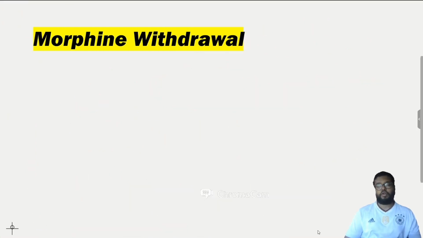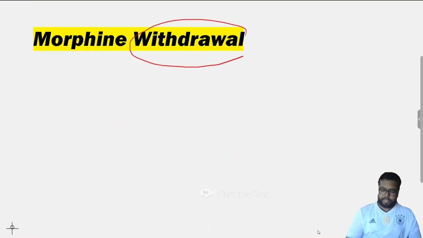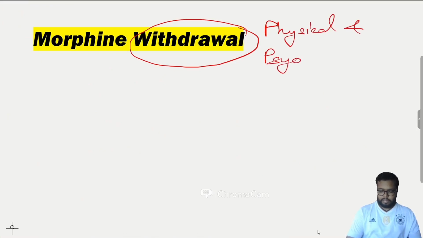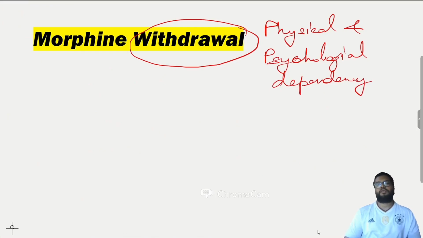Next, coming to morphine withdrawal symptoms. So by withdrawal, what do we understand? It is because of physical and psychological dependency on the drug. So what are the features of morphine withdrawal? In morphine withdrawal, we will see